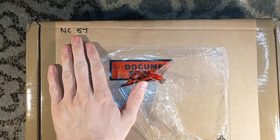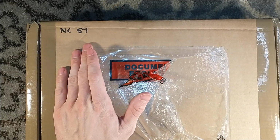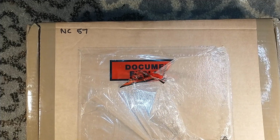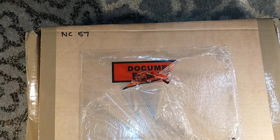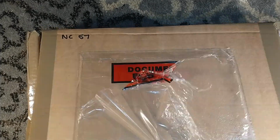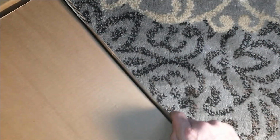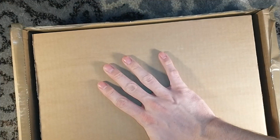This is number 57 to match my other Ludlow / Richard Tong bound books, and this is no exception. This one looks incredible. I'm going to flip it this way so you can see inside the box. So this came directly from Ludlow's, which is Richard Tong's